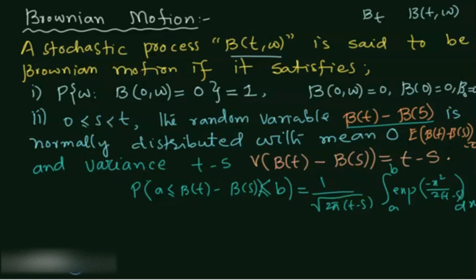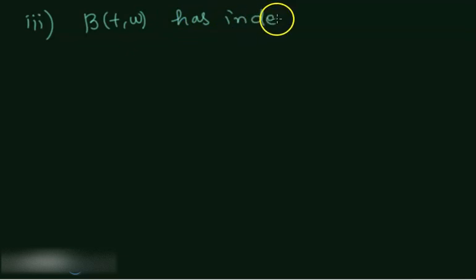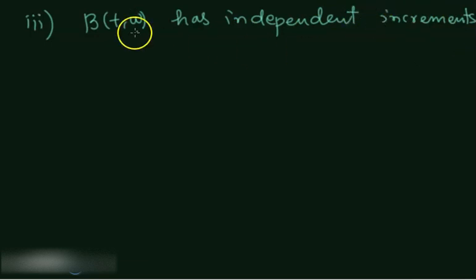There are also two more conditions. The third condition says that beta of t comma omega, the Brownian motion, has independent increments. What does this mean? This means that if you pick up time values t1 less than t2 less than t3 and so on, less than tn,